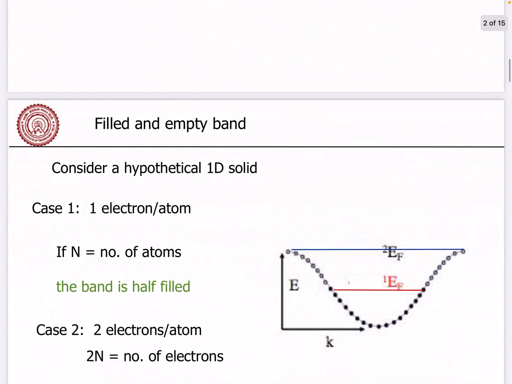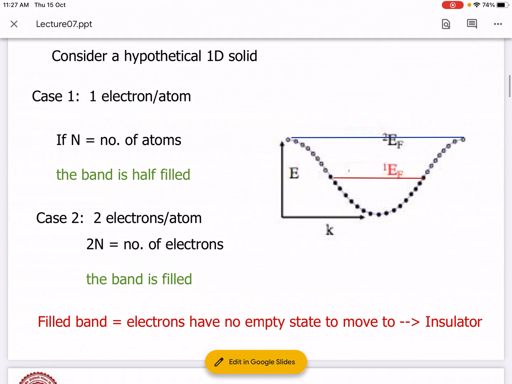So now let us consider a hypothetical one-dimensional solid, which is basically a linear chain of atoms, right? And where the electrons experience the periodic potential that we have discussed under the Kronig-Penney model. Now let us consider a case where each atom provides one electron, right? So these are monovalent atoms, with one free valence electron. If there are n number of atoms in the solid, then the total number of electrons in the system is n, and therefore the band would be half filled,